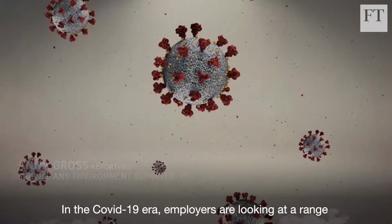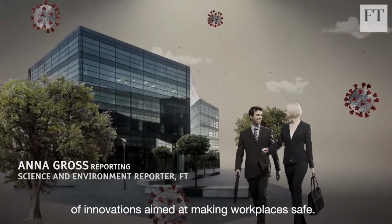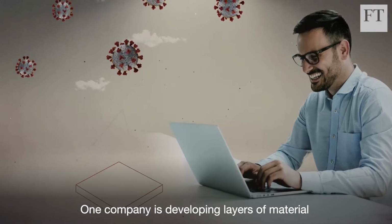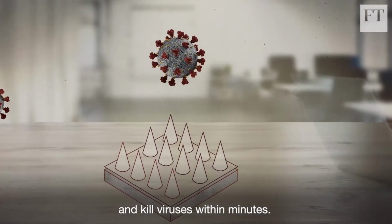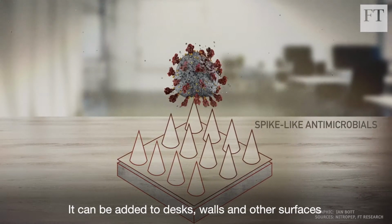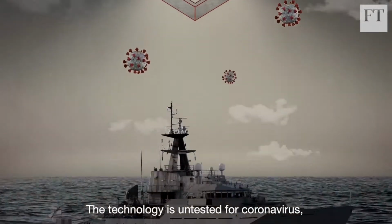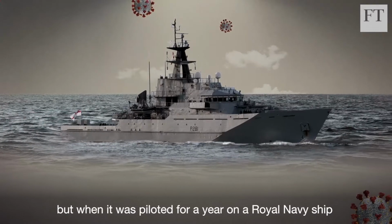In the COVID-19 era, employers are looking at a range of innovations aimed at making workplaces safe. One company is developing layers of material with tiny spike-like particles that puncture and kill viruses within minutes. It can be added to desks, walls, and other surfaces, and rupture anything with a membrane that lands on them. The technology is untested for coronavirus, but when it was piloted for a year on a Royal Navy ship, it